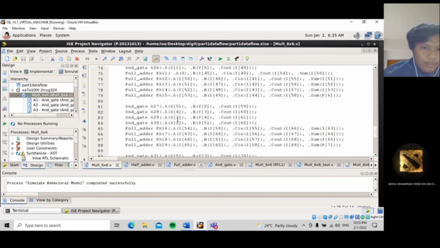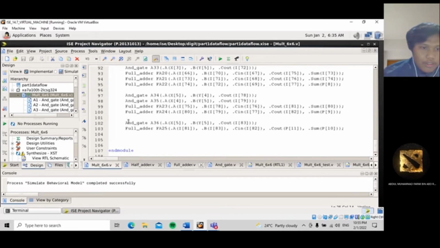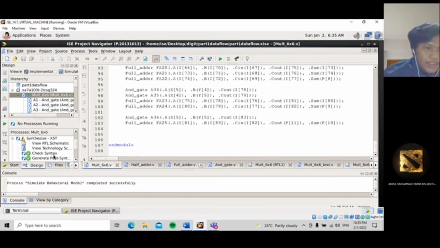After done with the coding, we check the syntax and generate post-synthesis simulation. After we check both of these, if we get a green tick, this coding is right.